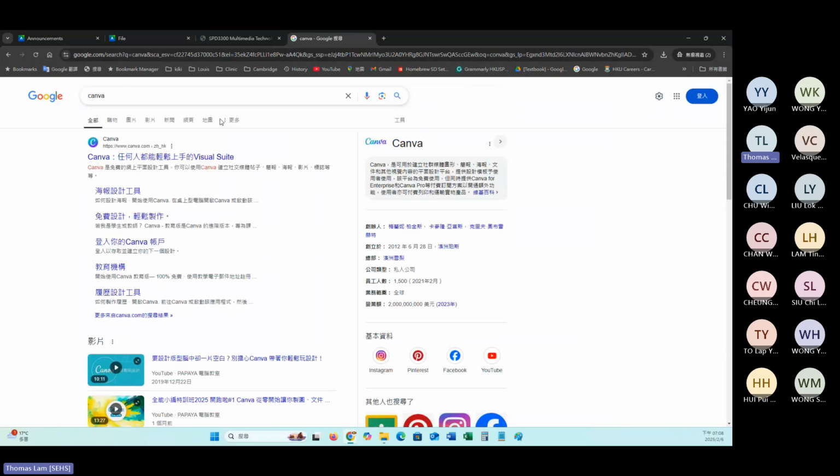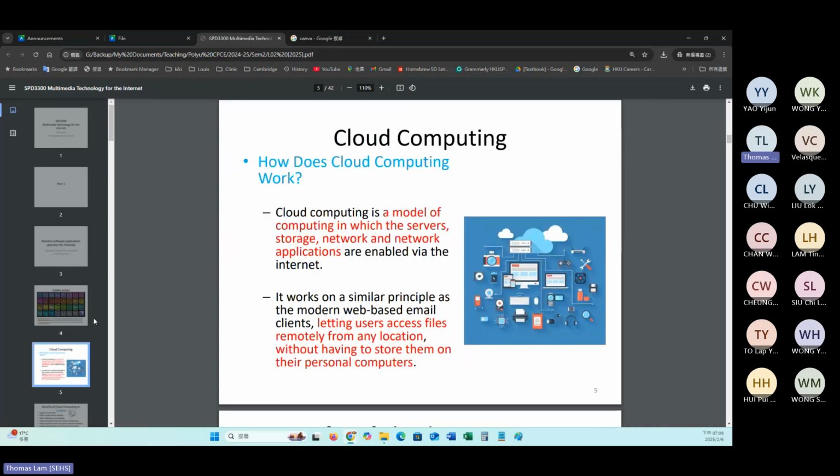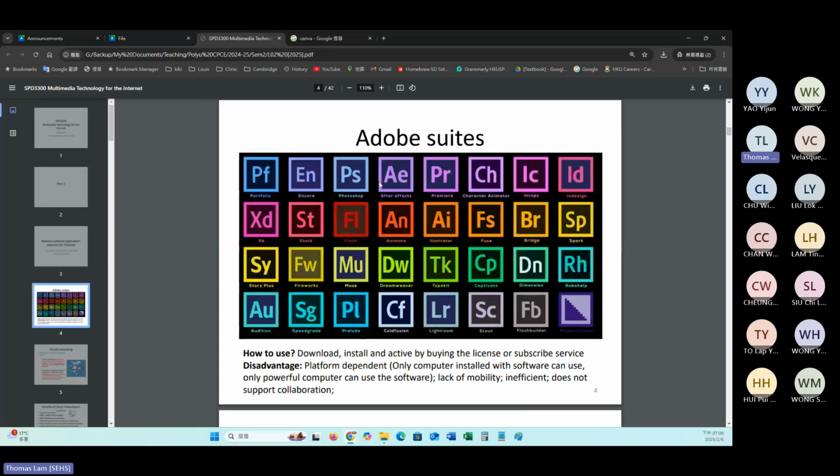This one, I don't know whether you use this already. This one is really handy and convenient, and you can simply make use of the features provided, and then you can modify the image quickly with minimal effort.